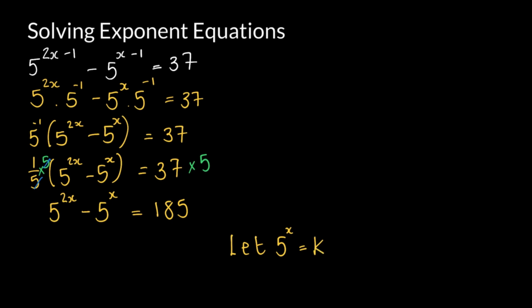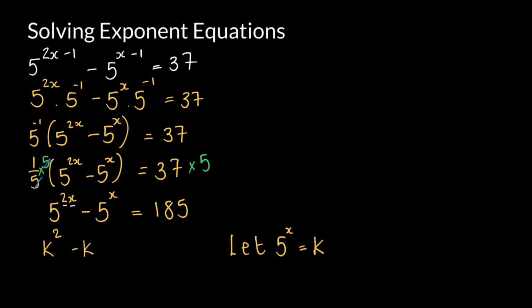And the reason why we want to do this is because if I take 5 to the power 2x, I'm going to get 5 to the power 2 of these x's, which is going to give me k squared. And that's going to give us a quadratic, which is going to be a lot more helpful than what we've got so far. So I'm going to replace 5 to the power x by k, and over here where it's got 2x, it's going to give me 2 of that. So I'm going to get k squared